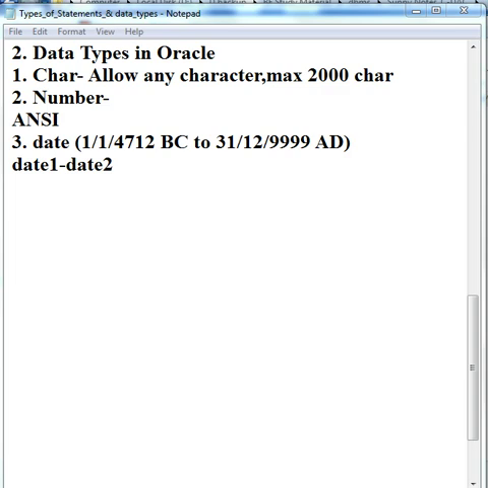These dates don't exist because the calendar changed from Julian to Gregorian. In the date data type, date and time can be stored together, but it is not compulsory to enter the time.